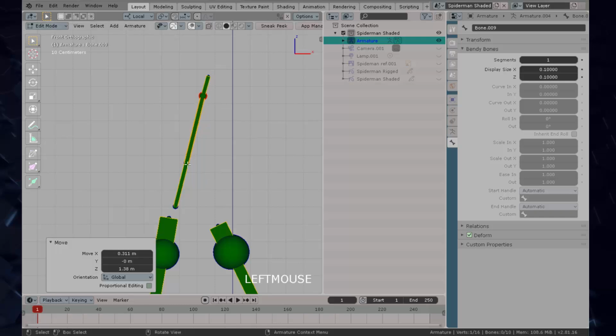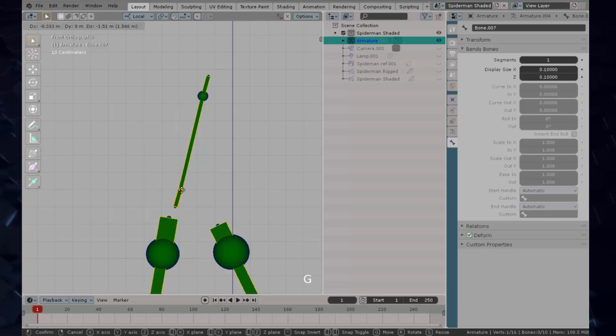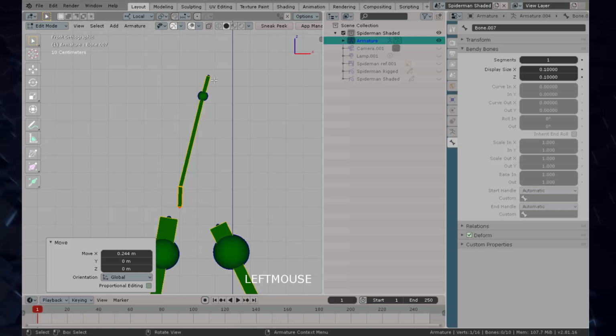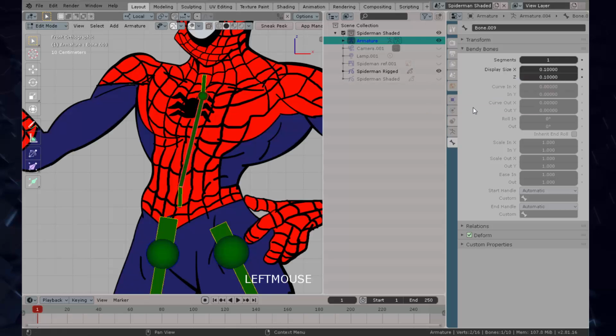Alright, so let's align it here, and let's align this one with G right there. So let's check out Spiderman again. Okay, I'm going to select the middle section now. I'm going to add around 3 or 4, yes, three segments are doing good. So Alt P for the top of the bone, so that